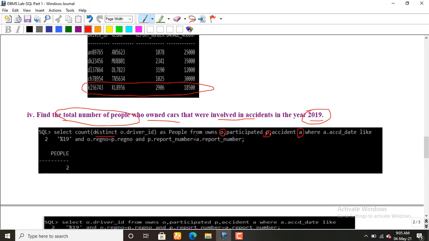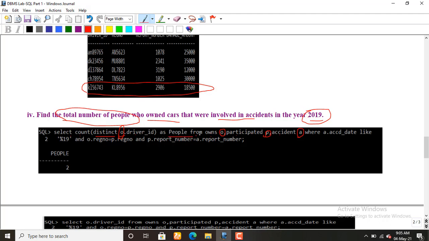I'm using the distinct keyword with driver ID from owns, because the driver id is available in participated too. So for differentiating, you add o here. If you omit this o, it will prompt an ambiguity error. To avoid such an ambiguity error, you just add o dot driver id. The answer of this count will be renamed as people.